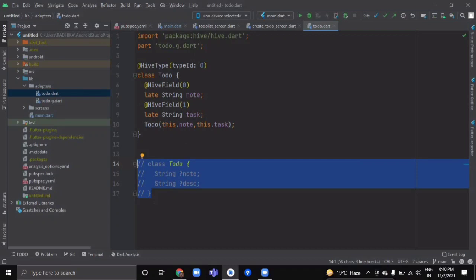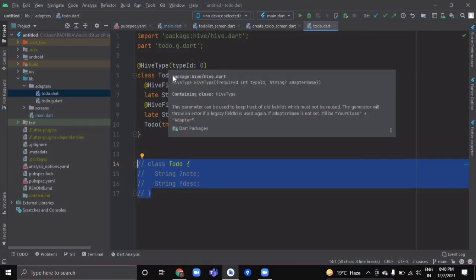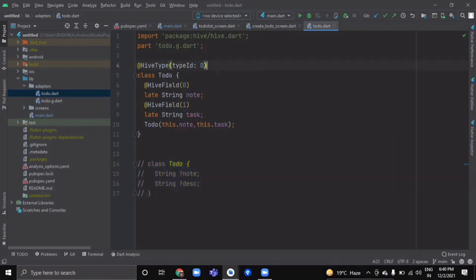We have created one class named todo, and just before that we have to give it an annotation of HiveType, so our application will know that this is the class whose type adapter we have to generate. So write @HiveType and provide a type ID inside the parentheses, and the type ID can be any number between 0 and 233.